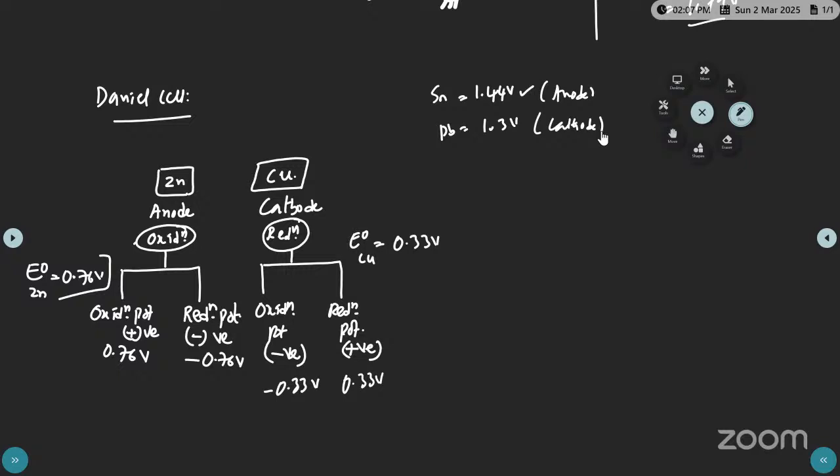Next, at anode, the given potential is positive. Given potential is positive means what? The oxidation potential. And at cathode, if the given potential is positive, what is the potential? Reduction potential. So at cathode the given potential is